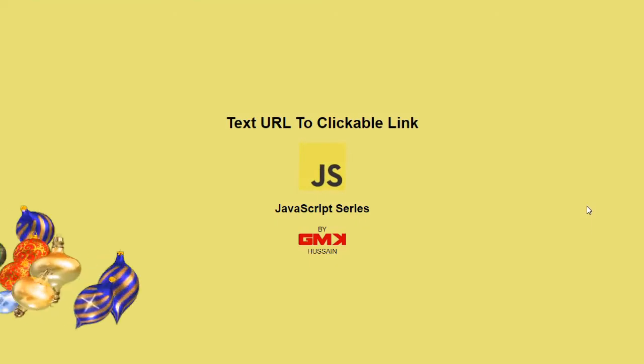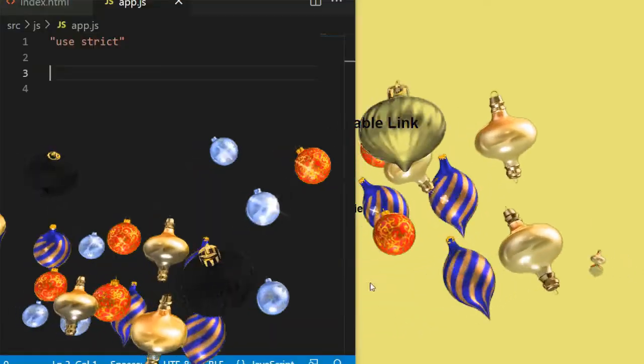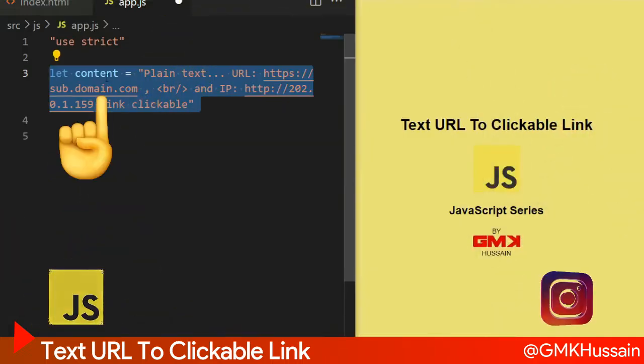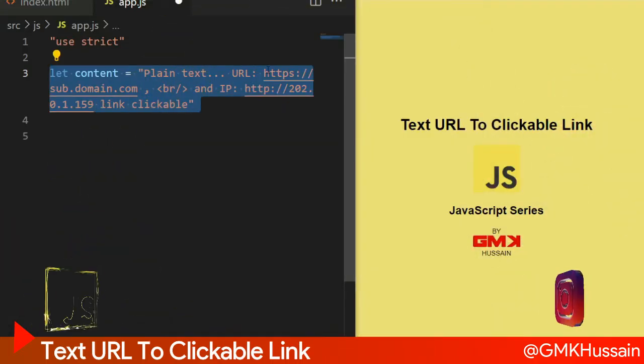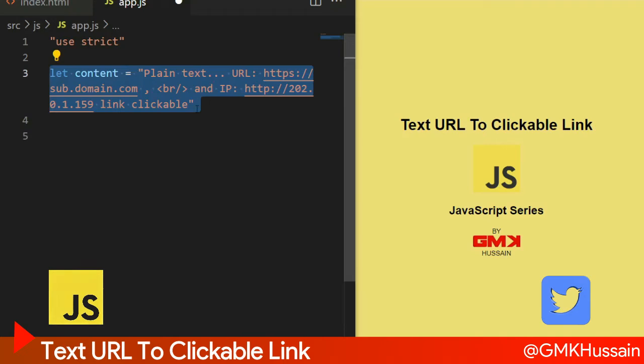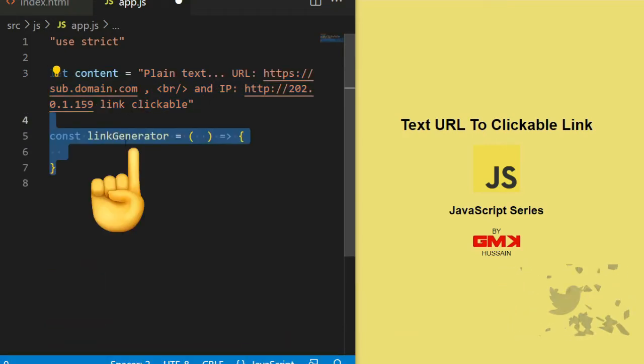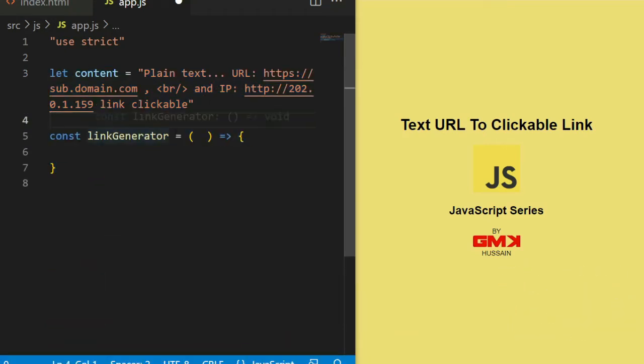Text URL to clickable link, JavaScript series. Let content equal to plain text and URL and another IP link clickable. Then create a function link generator